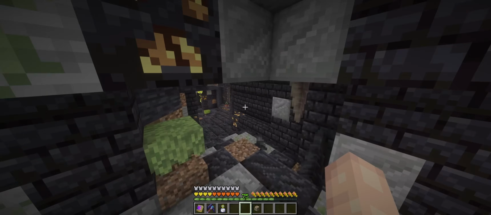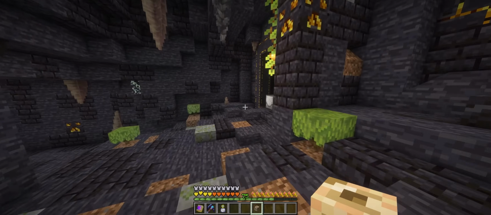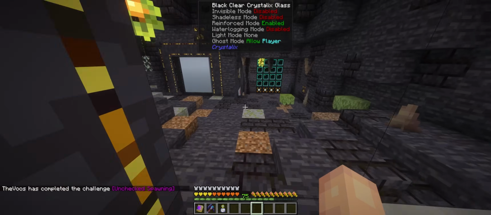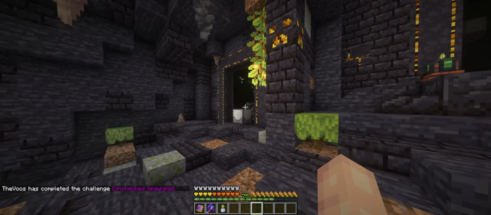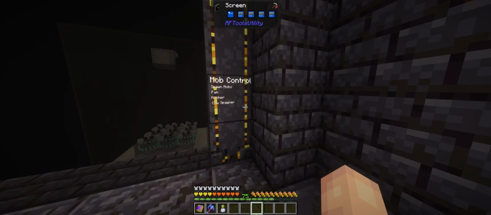So now when we go back down inside of our cave and put this conduit in the spawner, we should be able to get cow spawns now. There we go. Cows are spawning, and let's deal with